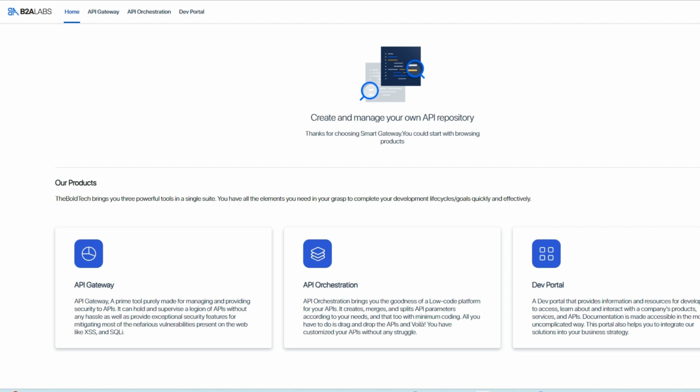Hi all, let's start creating or registering the APIs on B2ALABS Smart Gateway. So you can see there are three things. One is API Gateway, API Orchestration, and Dev Portal. So you have to go to API Gateway,